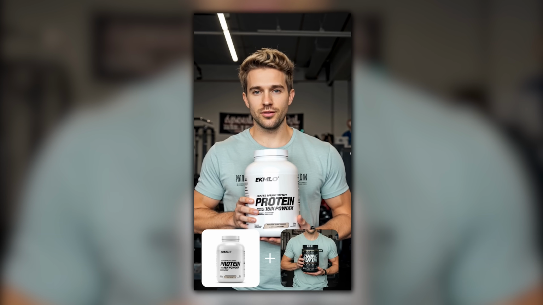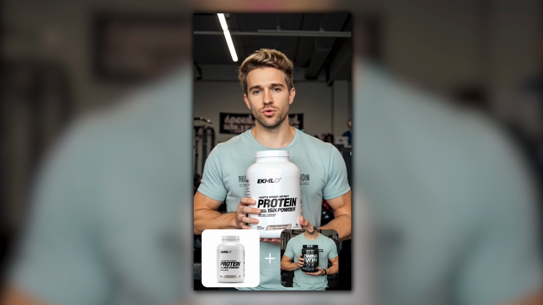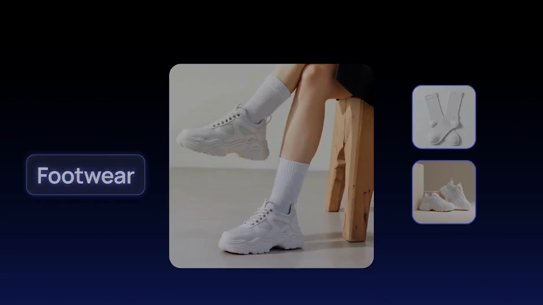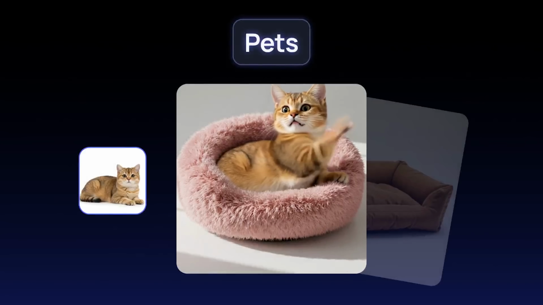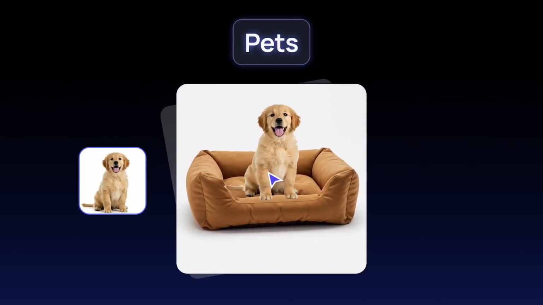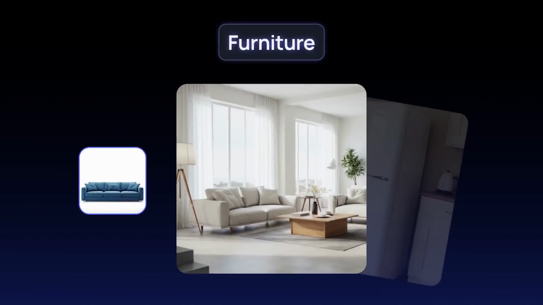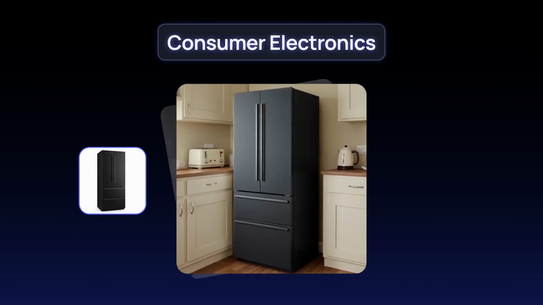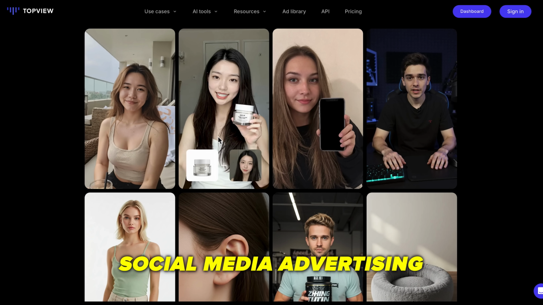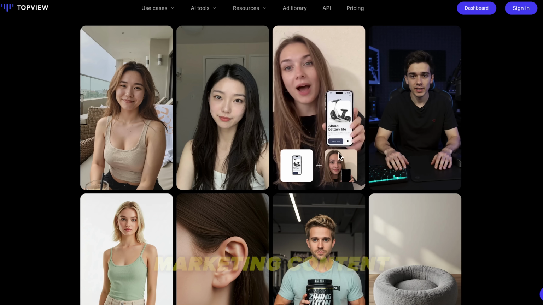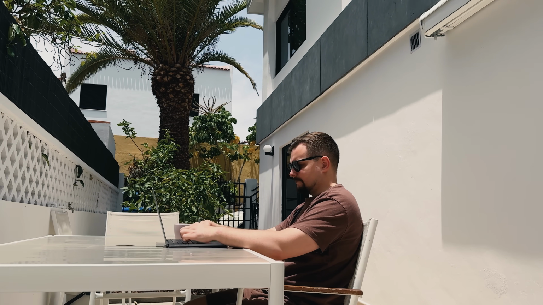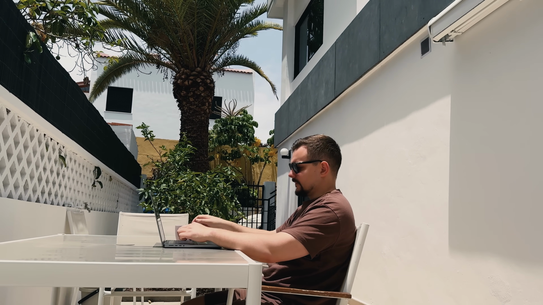What makes this practical is that you don't need any design experience or Photoshop skills to make it happen, folks. You upload your image, make a couple of quick adjustments to get things looking how you want, and the AI takes care of blending everything naturally. The system handles the lighting, shadows, and perspective, so your product looks like it actually belongs in that scene rather than awkwardly pasted on top. This is particularly valuable for e-commerce listings, social media advertising, and any marketing content where visuals directly impact whether people buy or keep scrolling. You can generate high-converting product images in seconds, instead of spending hours in editing software or